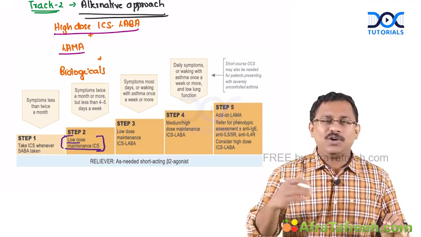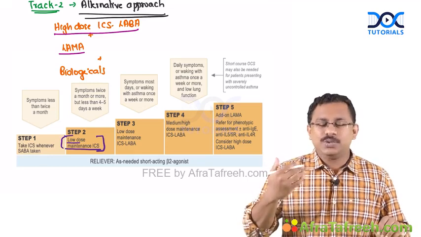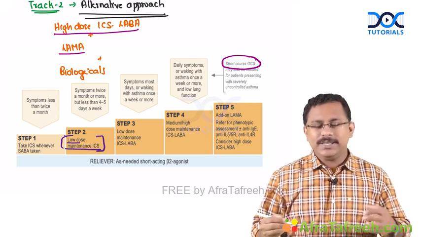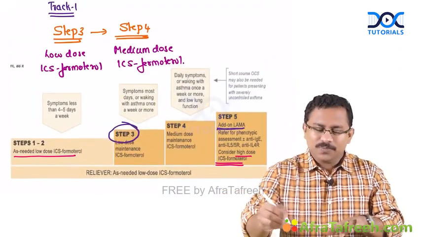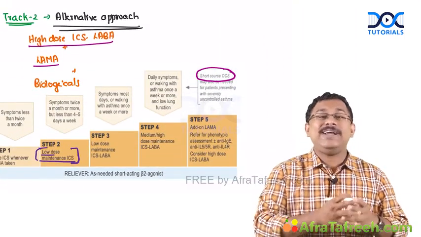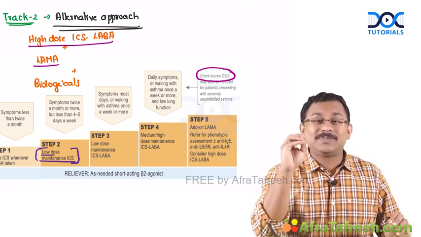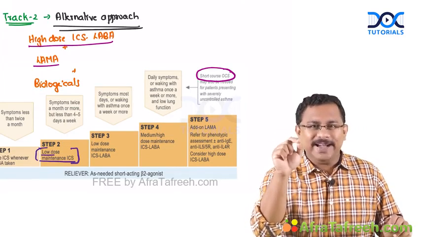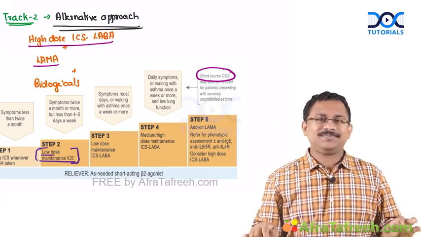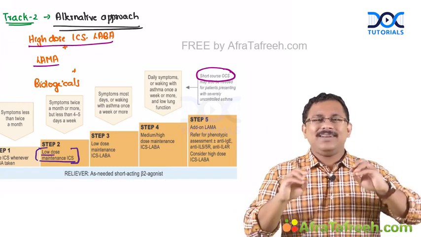Now another point I want to tell you is again common between track 1 and track 2. When it comes to the step 5, you can also go for oral steroids. Okay, this is same for track 1 also. Okay, you can go for the short course oral corticosteroids, but they are never advised on a long term. Okay, but the point you want to understand is systemic steroids may be given in the step 5 of both track 1 as well as track 2. Okay, so that is again very important. Okay, rarely you might give it in step 4 as well, but this is in general regarding track 1 and